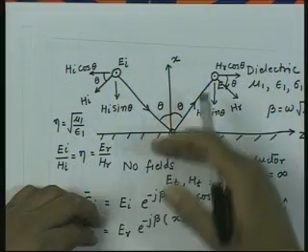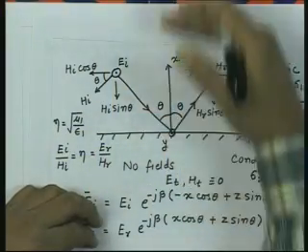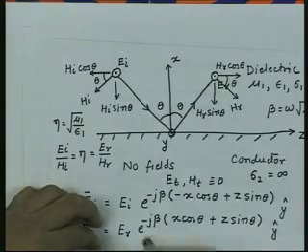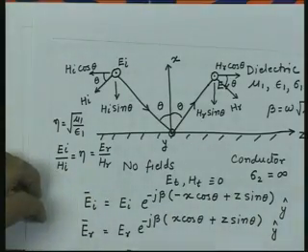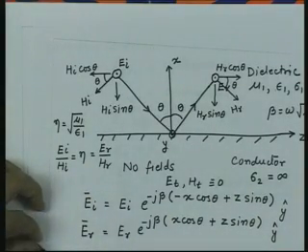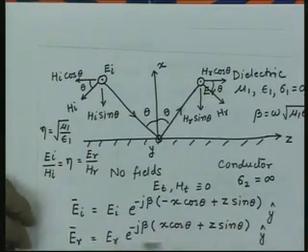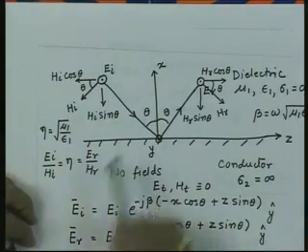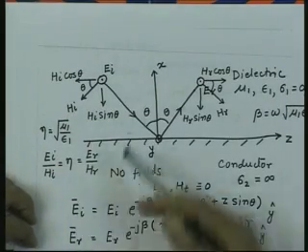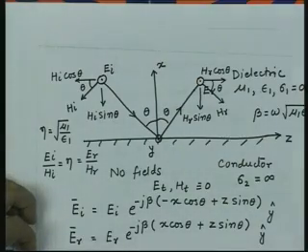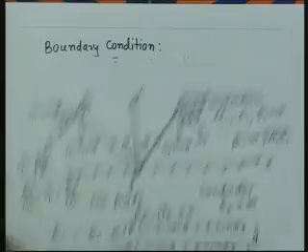However, what we would like to now study is that when this electric field is completely reflected, what kind of field pattern will be created in this medium, which will be a superposition of these two waves. That is what is of interest now. So, let us say I take this electric field, and the total electric field will be the sum of these two electric fields at any point in medium 1. So, I can find out what is the total electric field, which is the sum of these two.